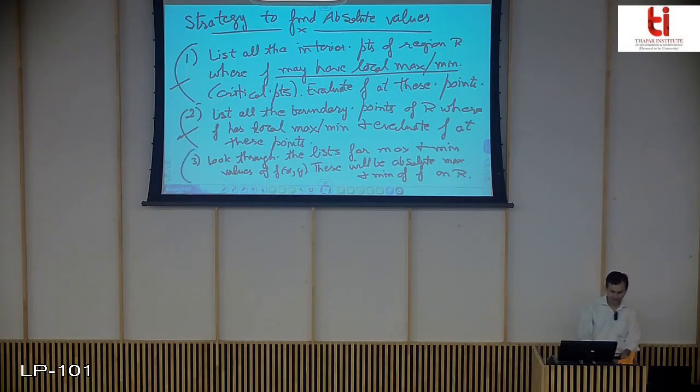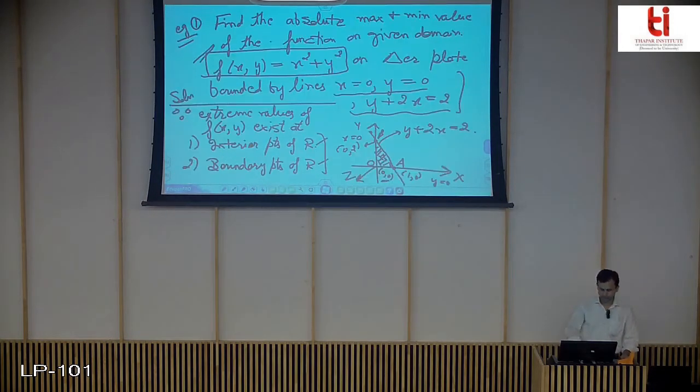And finally, after we find the maxima and minima in the interior of the region and on the boundary of the region, we list all the points, find the value of f at those points, and see where the function has its absolute maximum and where it has its absolute minimum, that is, where it has the maximum value and the minimum value. Regarding this, we consider an example with this function.